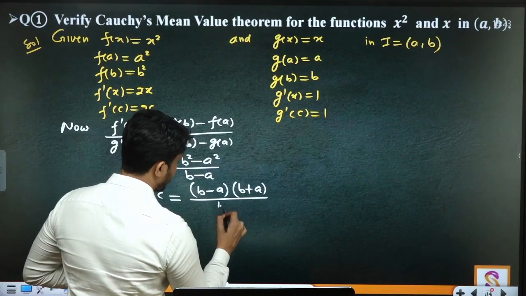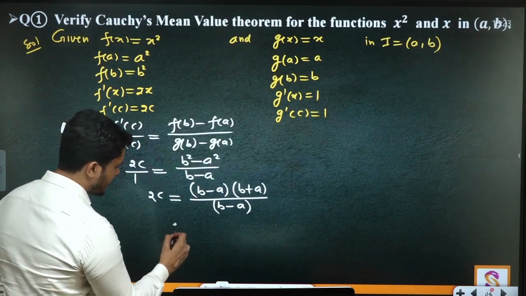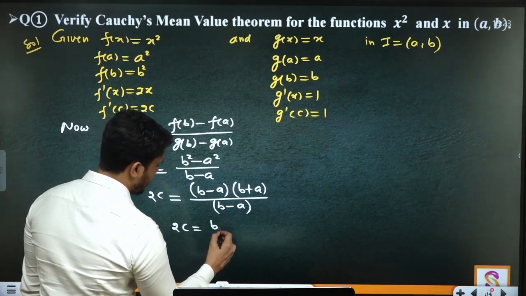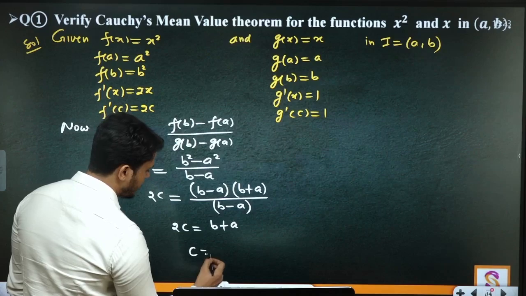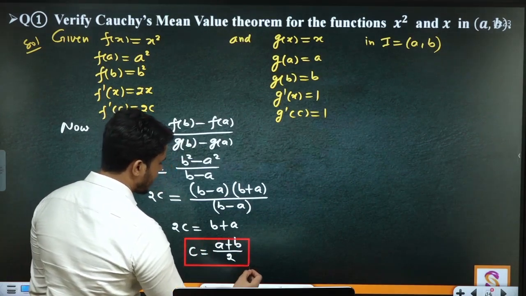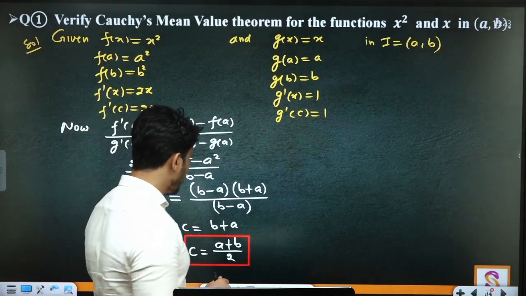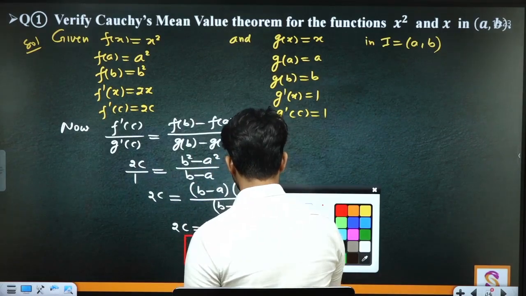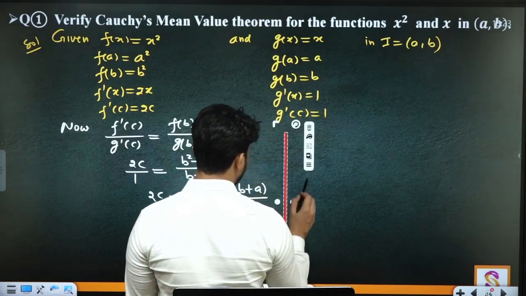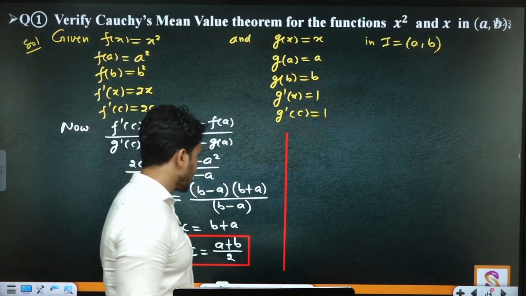अपॉन बी माइनस ए। अब ये बी माइनस ए कट कैंसिल हो गया। 2c इक्वल टू बी प्लस ए और c इज इक्वल टू (a plus b) अपॉन 2। अब ये c क्या है? अर्थमेटिक मीन, AM, अर्थमेटिक मीन। सो ऑल टाइप्स ऑफ मीन्स, मीन वैल्यू थ्योरम्स में किसी भी टाइप के जो मीन होते हैं, मध्य, वो नंबर्स के बीच में लाई करते हैं। लिखेंगे